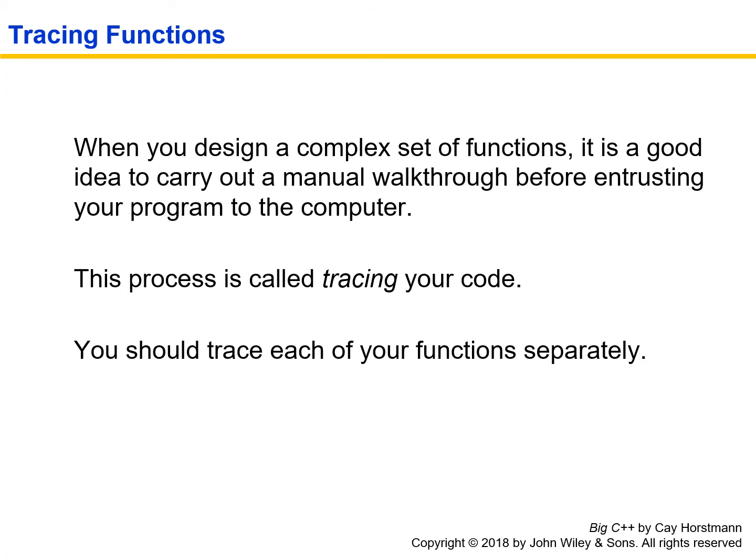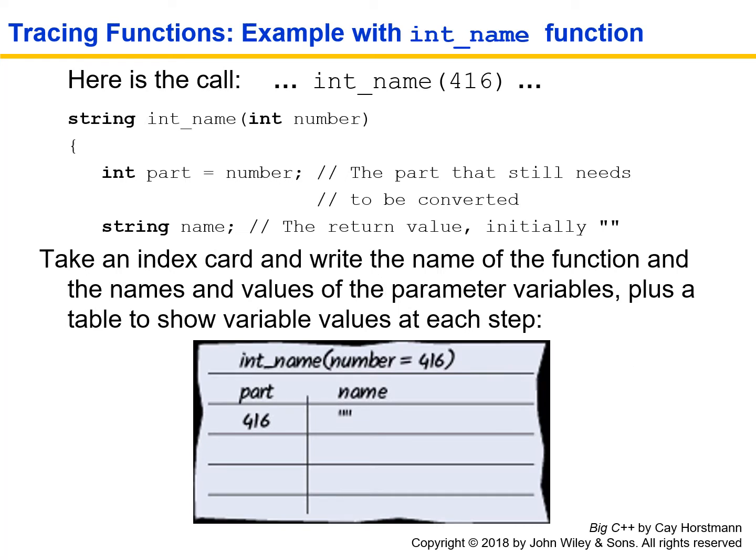Finally, when you design a complex set of functions, it's a good idea to manually walk through them, especially if the computer is not generating the output you think you should be getting. This process is called tracing your code. You trace each function separately. You maybe get a set of index cards, one for each function, and you say, okay, for the int name function,